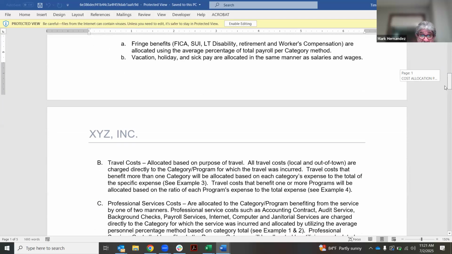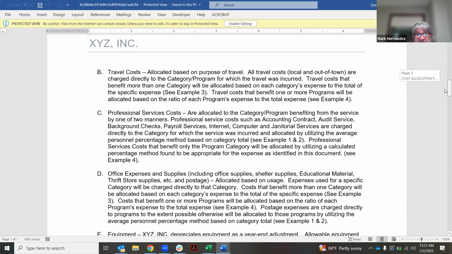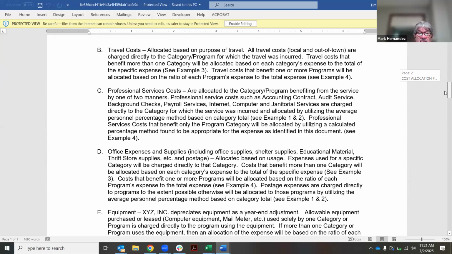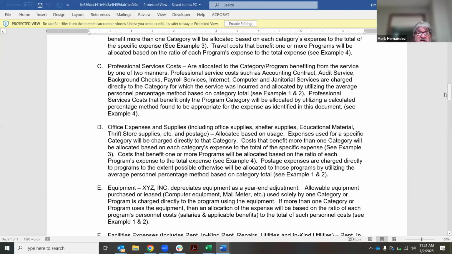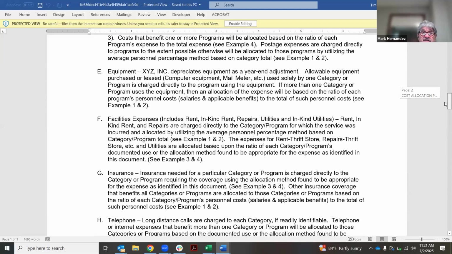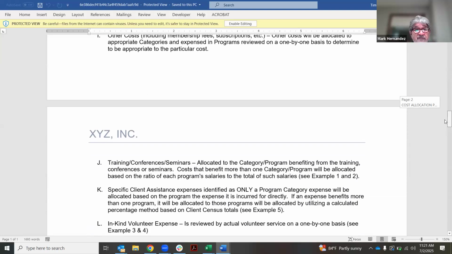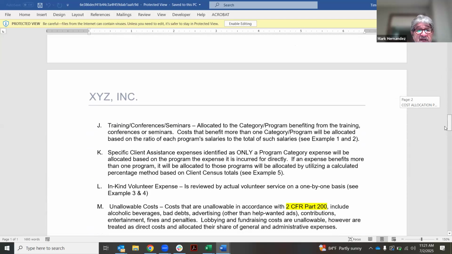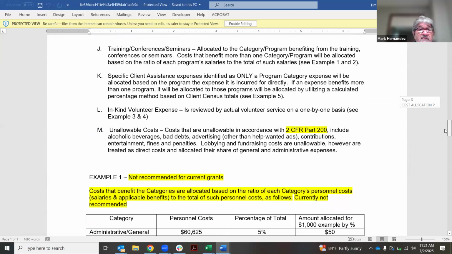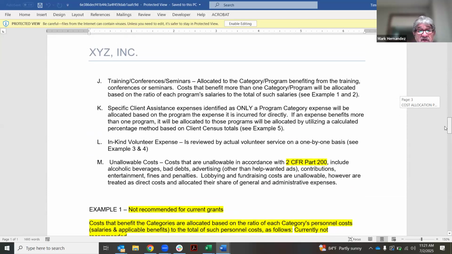Then you go down and you look at each one of those travel costs, identifying it, and writing it up. Professional service cost, and then office expense and supply costs. So it's documenting all of the different types of costs that you may have in here, equipment, like we look at that, facilities, insurance, telephone. So it really gets detailed. That's why I call it a detailed format. And it goes all the way down to your training, clients, assistance, in kind or a match in other sense. And then it also